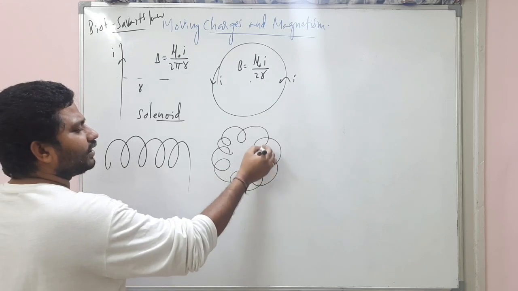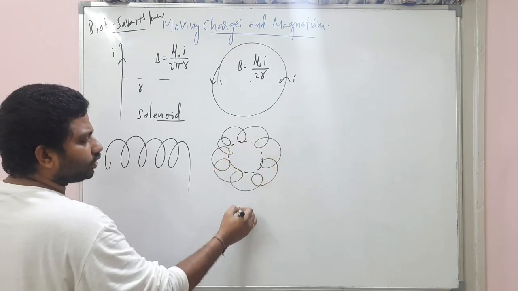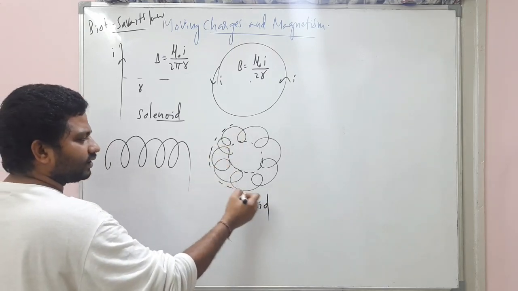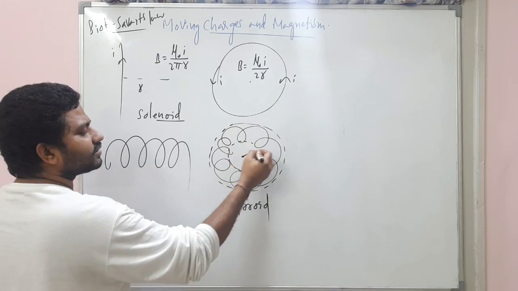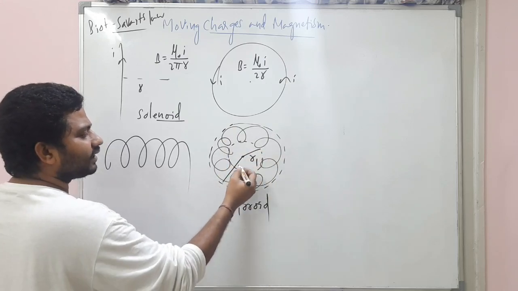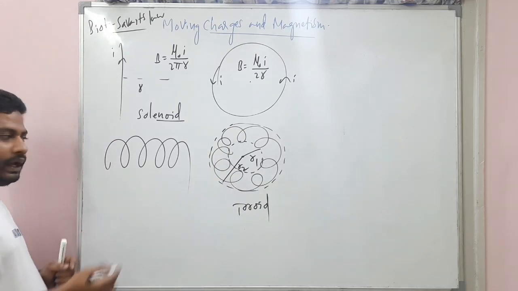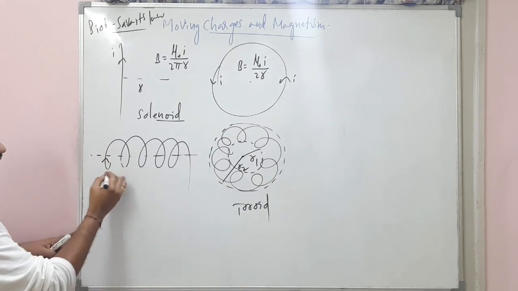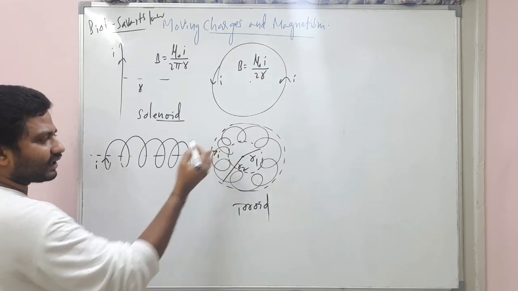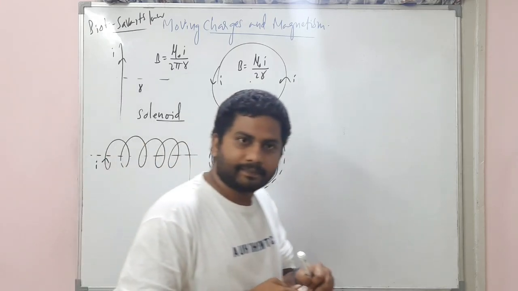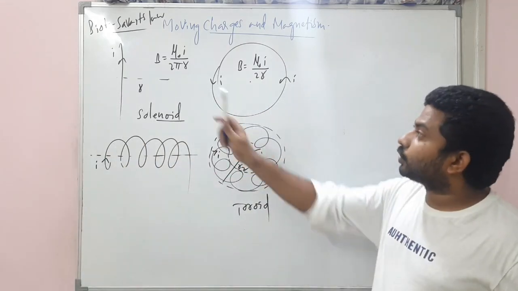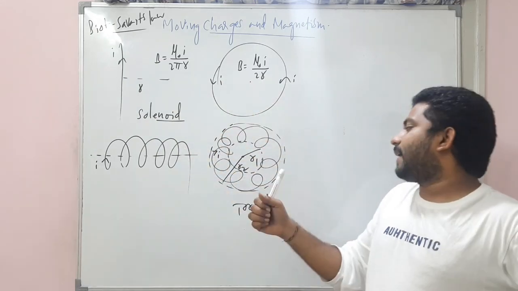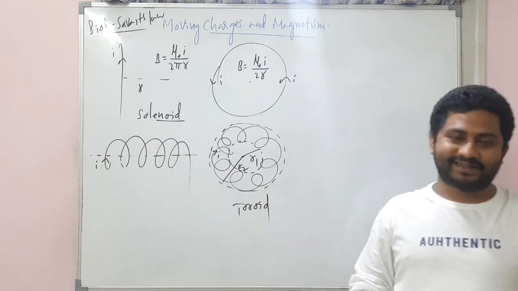And this shape is called a toroid, and this toroid will have two radii. You can see one is the internal radius, this is R1, another one is the external radius, it is R2. And this is the axis of the solenoid, okay? And here a current I is flowing, and through here also a current I is flowing, my dear students. Now, the magnetic field due to this is done, and the magnetic field due to the solenoid and the magnetic field due to the toroid we are going to discuss.